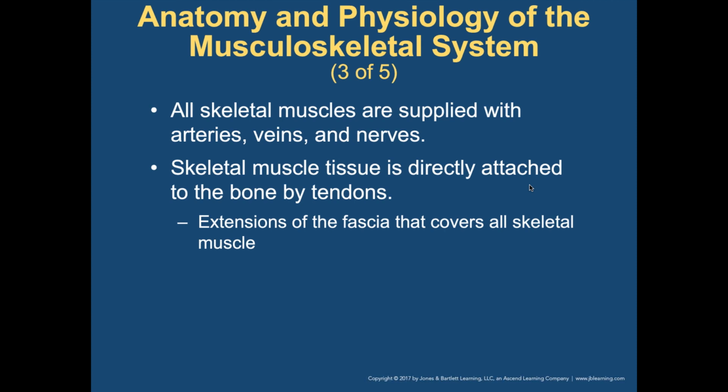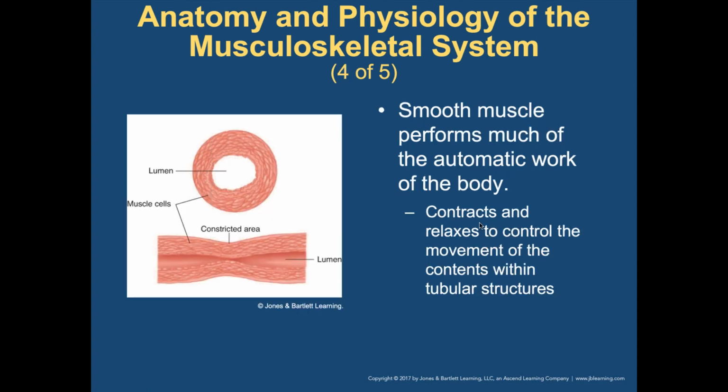Waste products, including carbon dioxide and lactic acid, are carried back to the heart through the veins. So the arteries bring the blood, veins take the blood. Y'all pick up what I'm putting down? So now you know the process of which one is taking what and where it's going back and forth. Tendons are extensions of the fascia that covers the muscles. So that's on top. Remember that. When you talk about tendons, they're going to be on top of things.